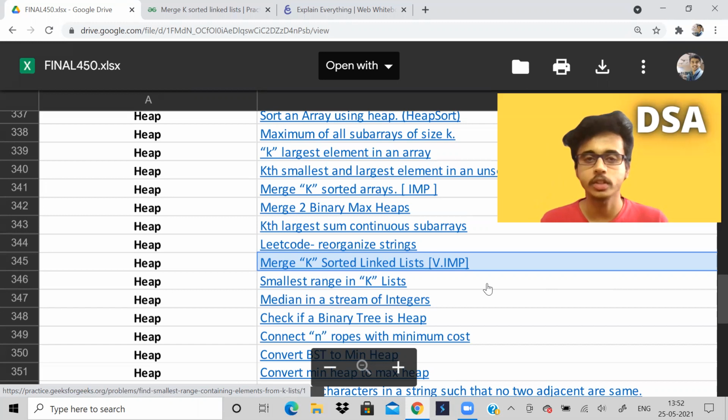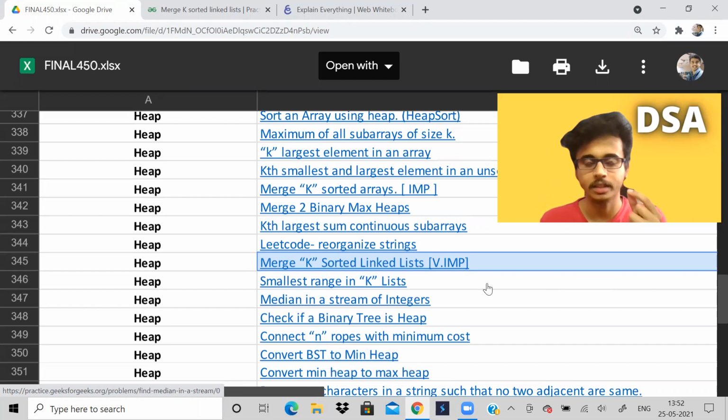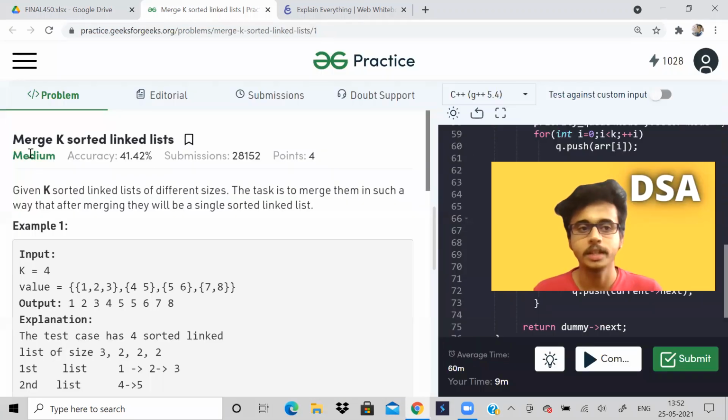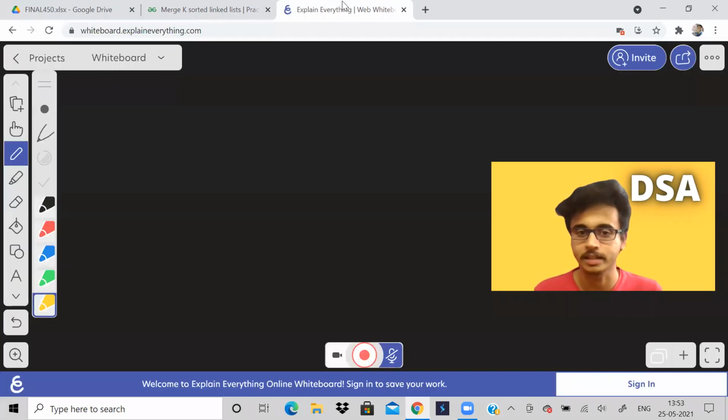So in this video, we will solve a quite important problem, but it is easy. You can understand it and code it by yourself if you just get some basic, minute things to approach the problem in the solution. So just understand those things, you will get the answer. So let us see what is the problem. It is merge k sorted linked lists. So we are given k sorted linked lists and we have to merge everything into one single linked list.